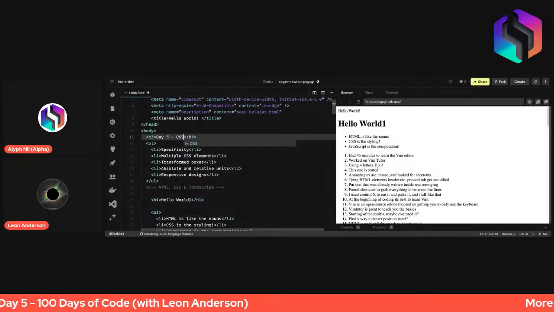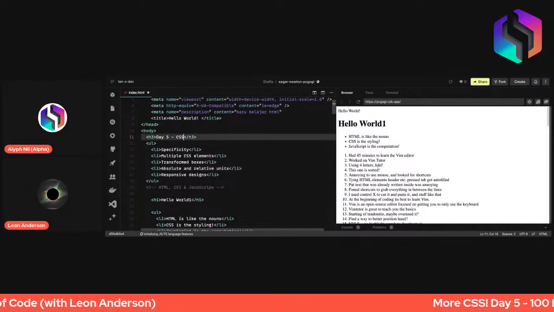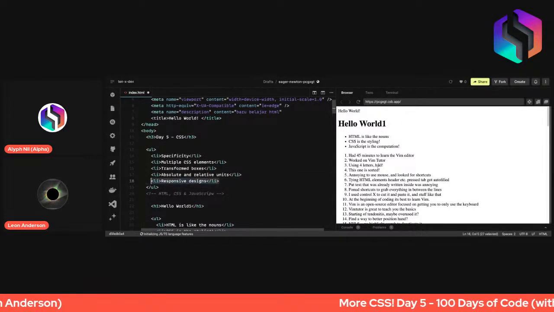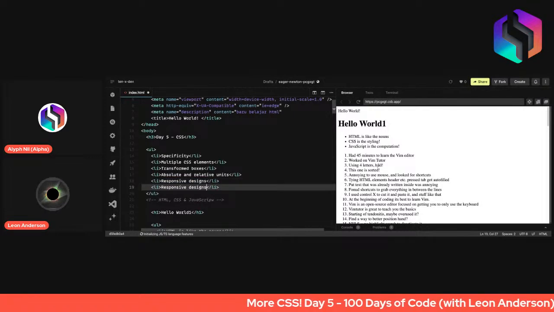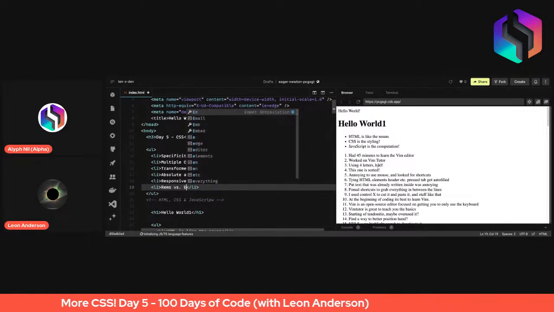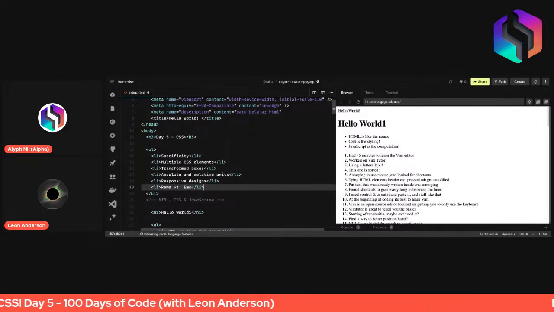So for situations like this, you have to use rems instead, which are ems that are rooted in one root, or relative to one root em, which is